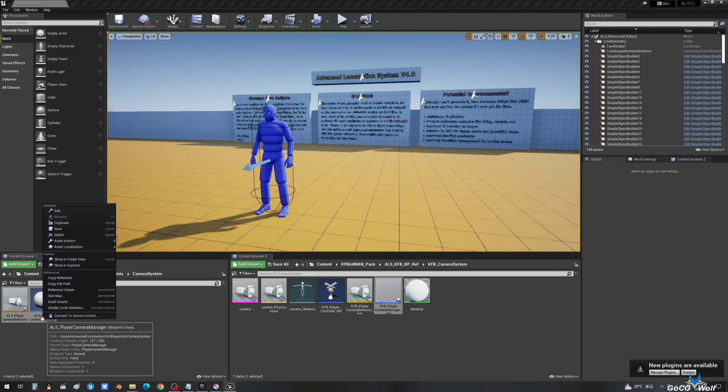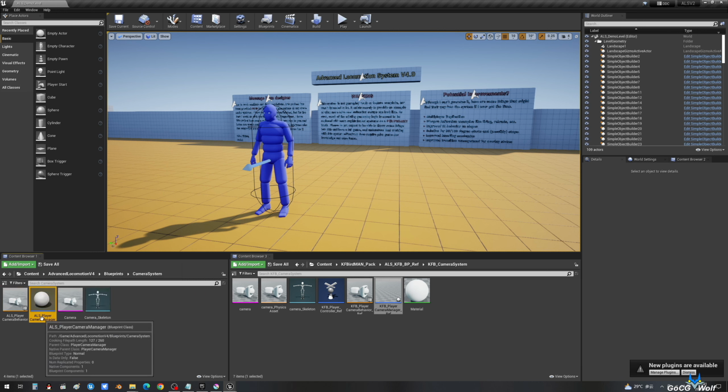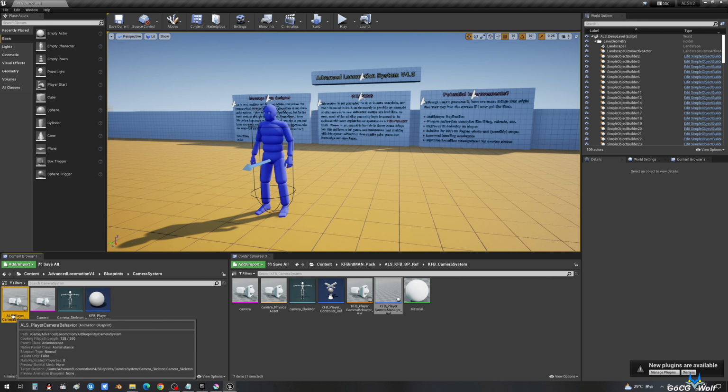Actually, you must duplicate this. But I forgot to do that. Then I just named it KFB. If you need the original ALS system, you should duplicate it.